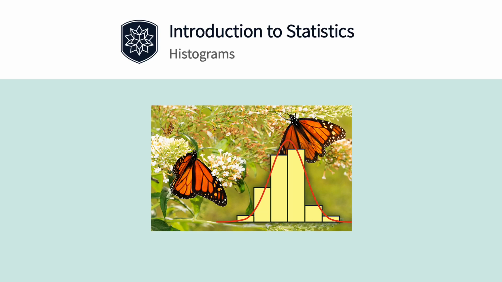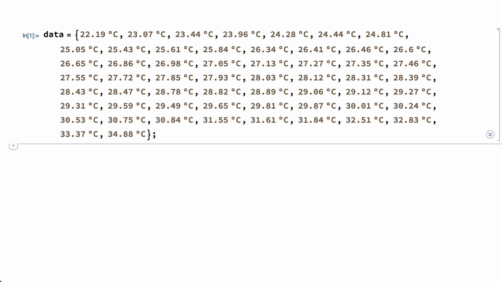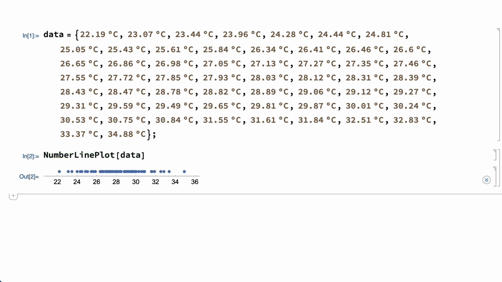A histogram is a plot for showing how numbers are distributed. For example, here's a list of temperature measurements, and here's a plot called a number line plot created using the number line plot function, which plots those measurements as dots along a number line. Number line plots have the advantage of being simple and compact,